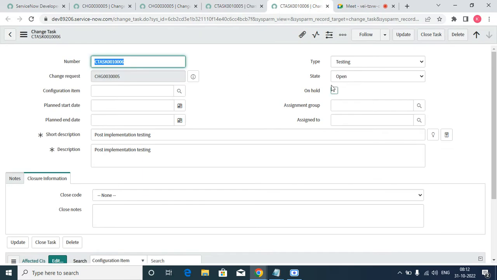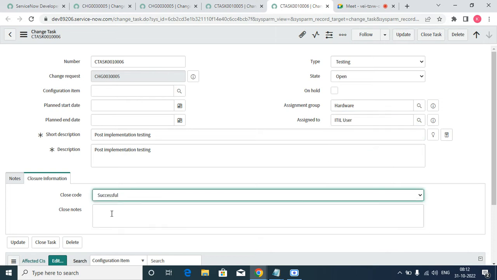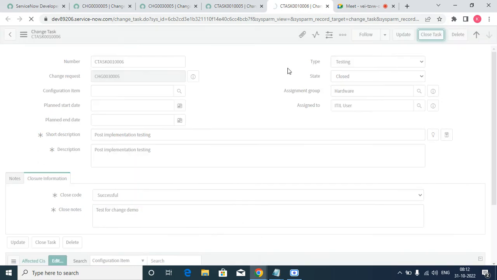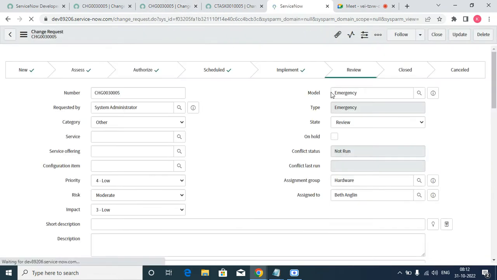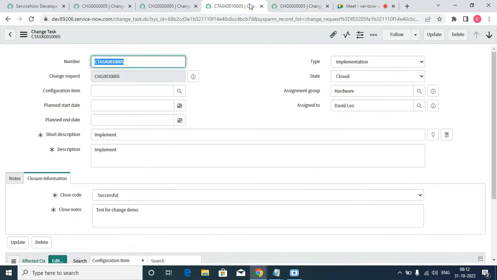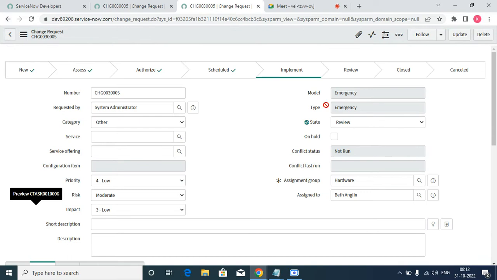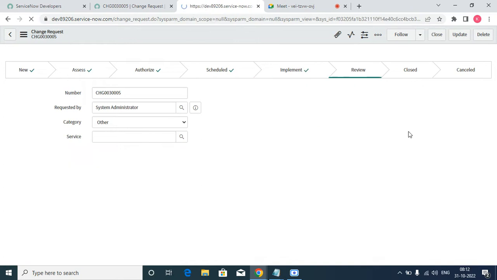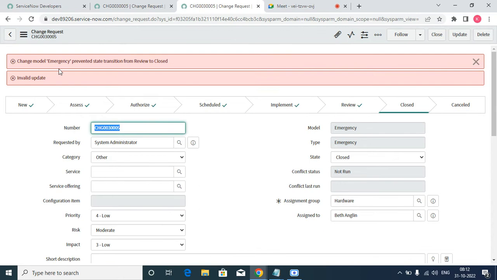So catalog task, this is the one, and we'll do the same thing. If you have completed these two, then the state automatically changes to review, and from here the same procedure. So close. If you click on close again, it will ask for the